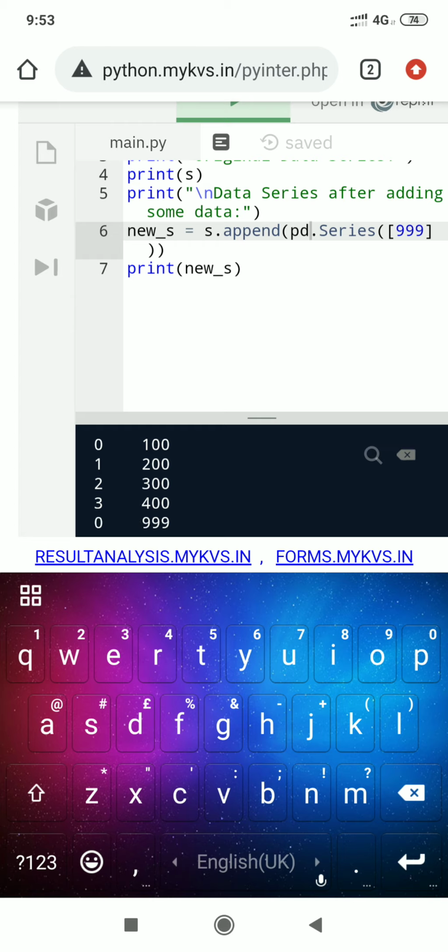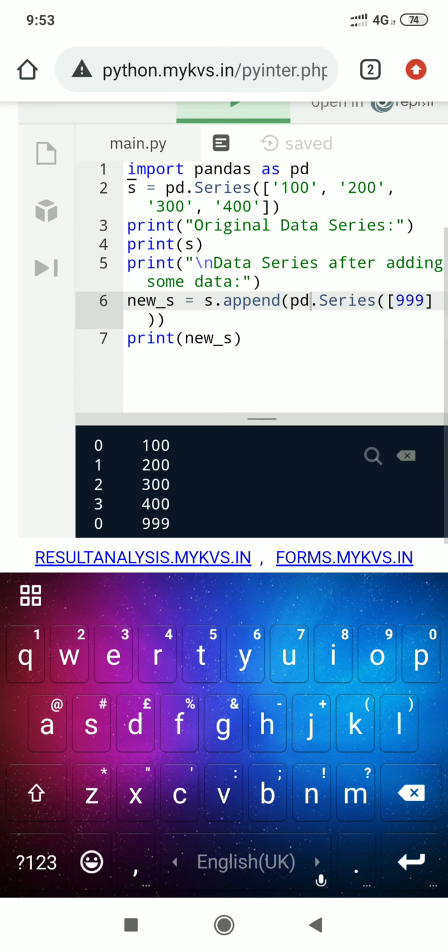So it creates a new series with the element 999 and its index position is 0. So the value 999 with its index position 0 will be copied at the end of the existing series S. So the index will remain the same. So there are two values with the same index, 100 and 999.